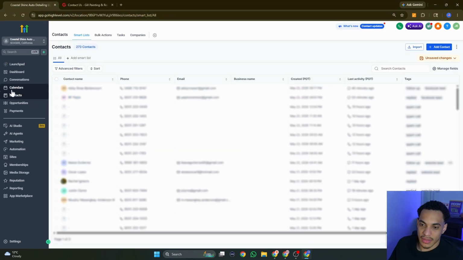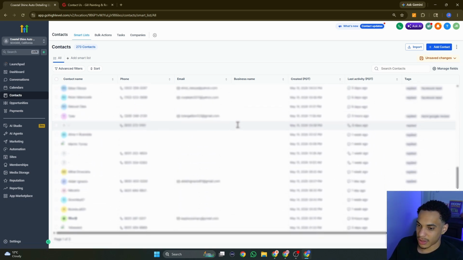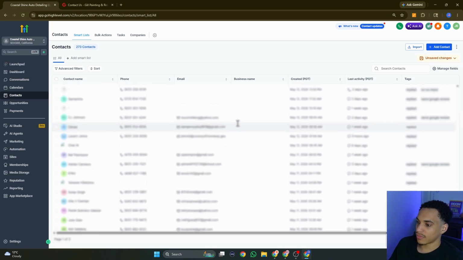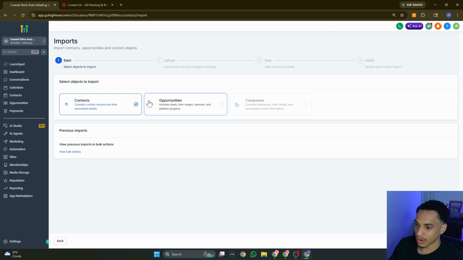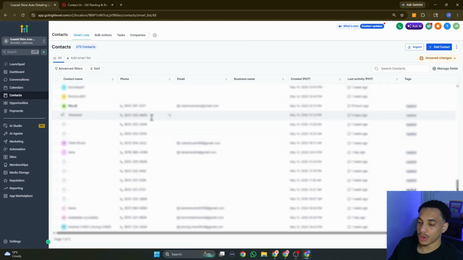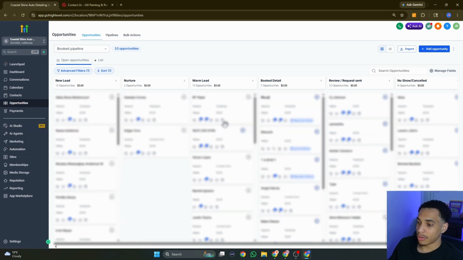So now, if you guys come over to contacts, you're going to be able to see all the people that are signing up from our website, from our Facebook, anywhere possible. Now you can import contacts if you wanted to. Click the import, click next. It's going to walk you through it. Very, very simple. Now what we do with these contacts, we have tons of automations that push them into the pipeline. So if they ended up booking the quote or booking the service, it can just automatically pop them into